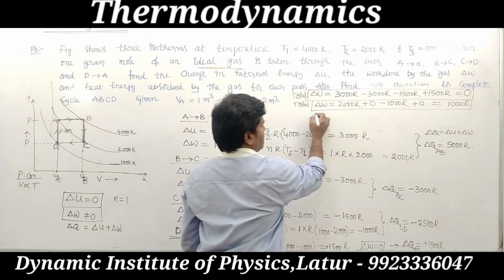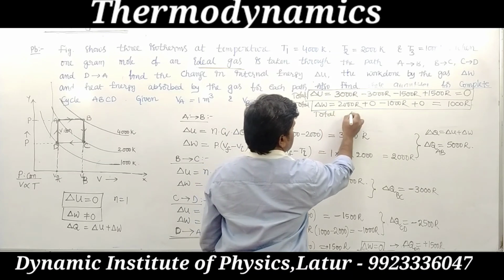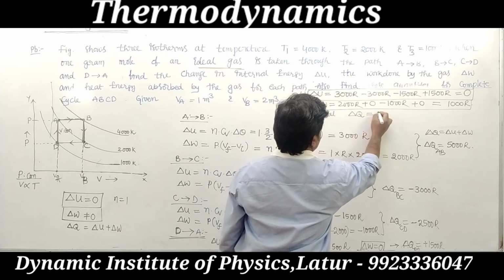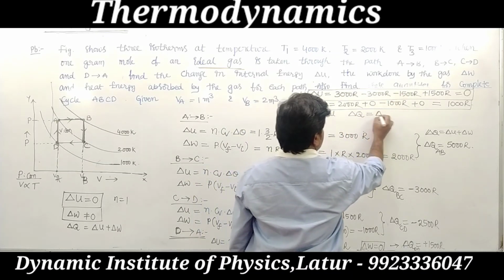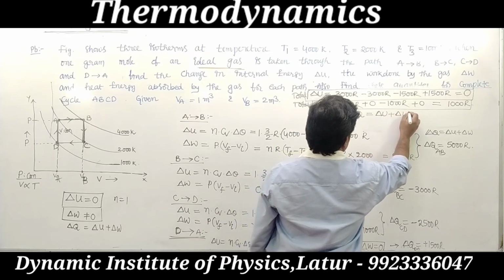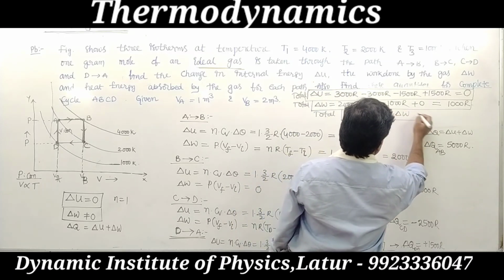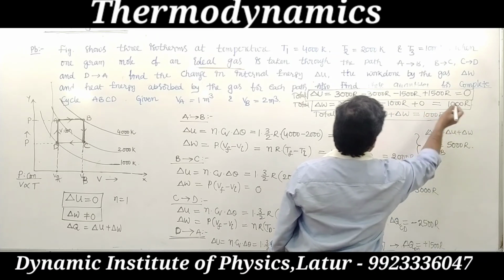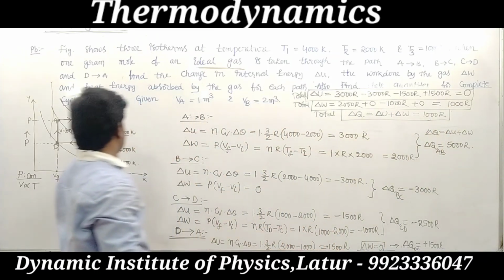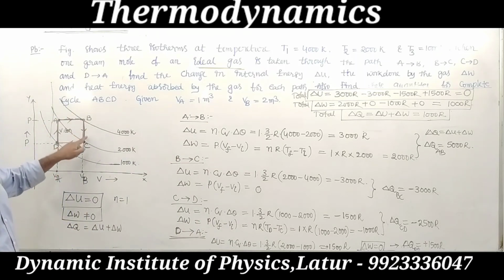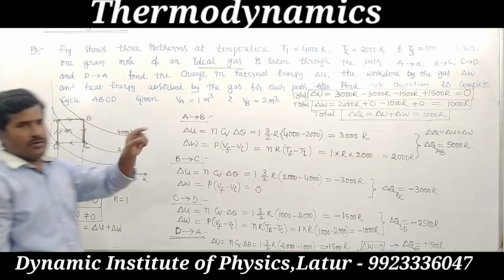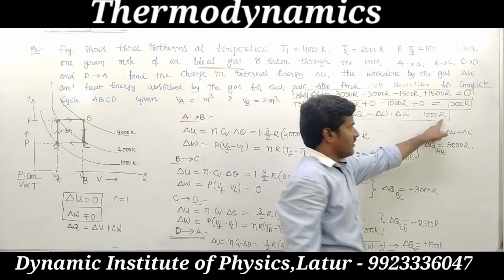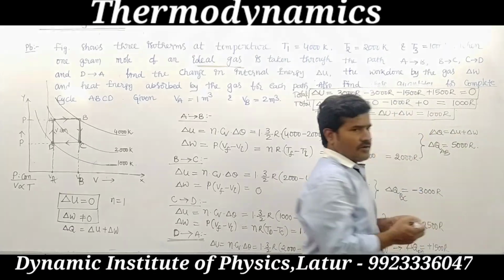And the total heat is written as delta Q, total internal energy plus total work done, delta U plus delta W. This is the total heat, that is nothing but 1000 R. That means in this cyclic process, the work done is 1000 R, the total internal energy is 0, and the total heat equals 1000 R. 1000 R is the total